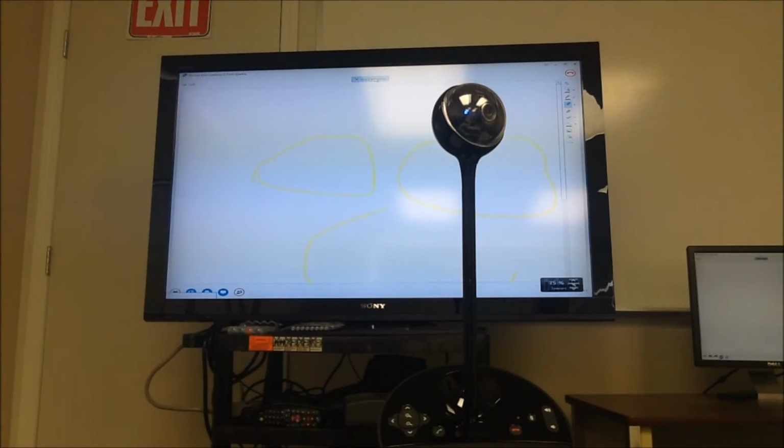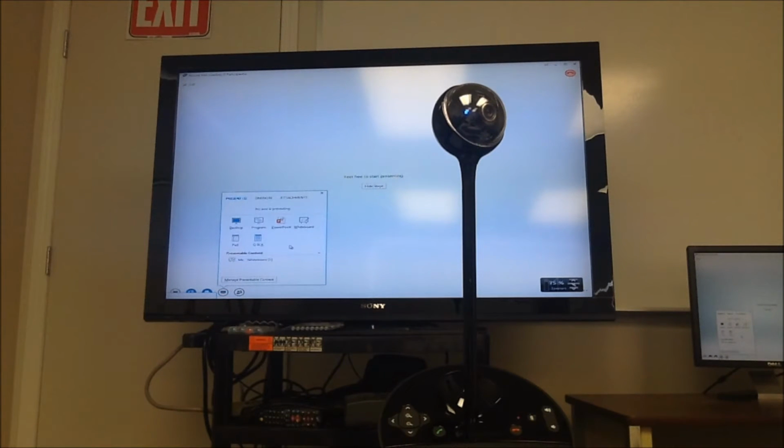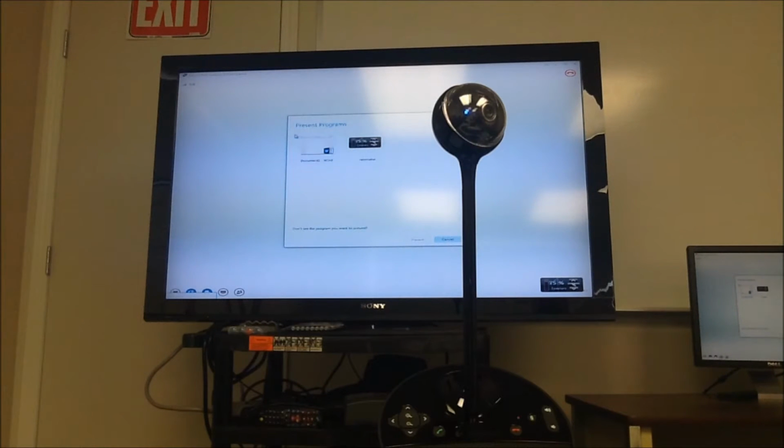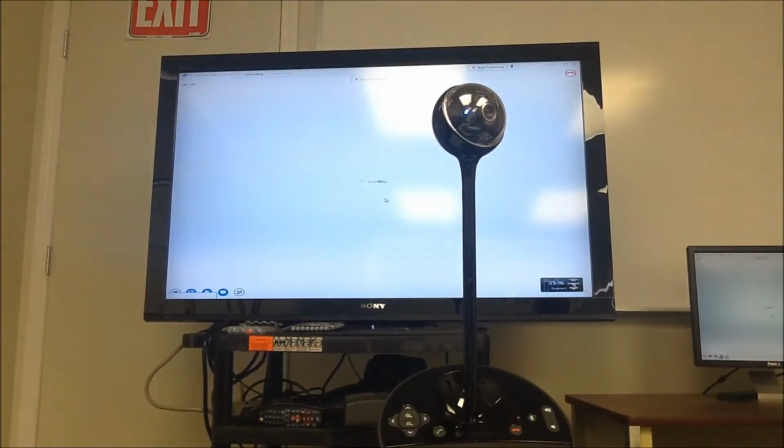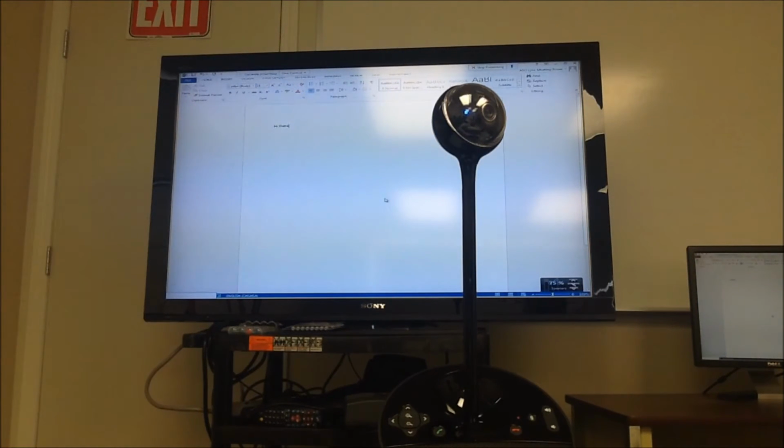I can turn off the whiteboard presentation, come back here, and then select the program, and we're going to click our Word document, present that. And people who are in the meeting with the Lync client will be able to see the Word document, so then we could just type along here. Example, minutes for the meeting we're having,